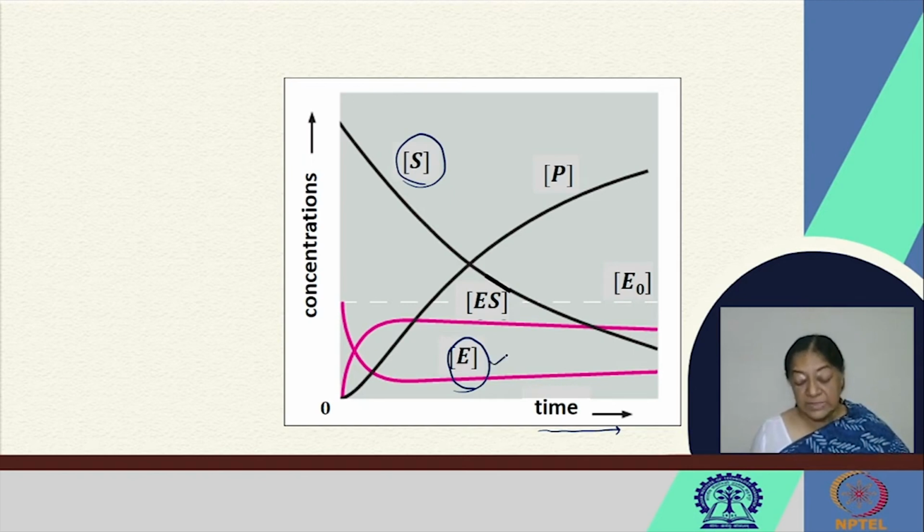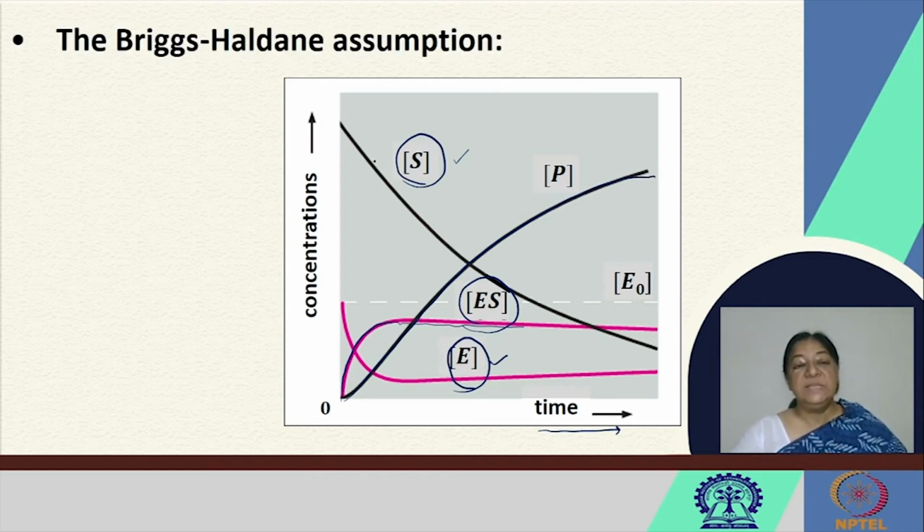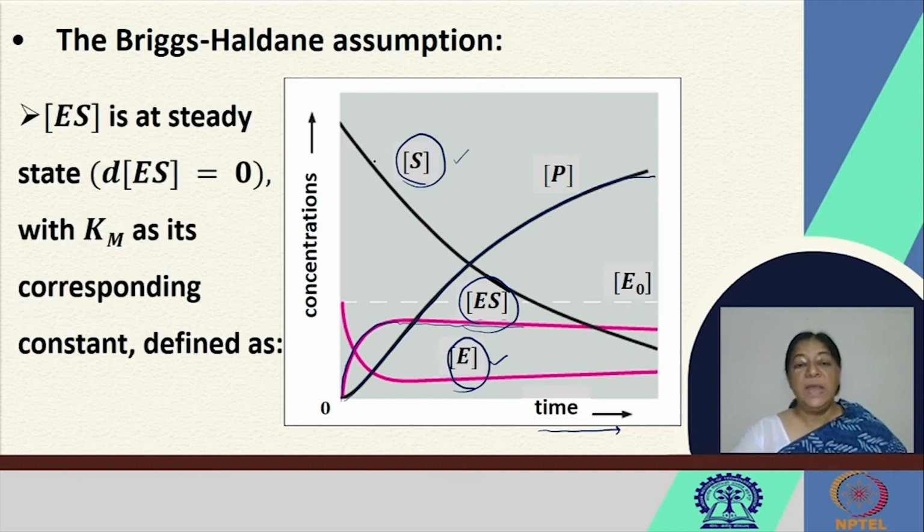So we have our enzyme concentration and our substrate concentration both decreasing with time, and our enzyme substrate concentration initially rising and then being constant, while our product is rising and then reaches a saturation with the depletion of the substrate. This is the Briggs-Haldane assumption, where